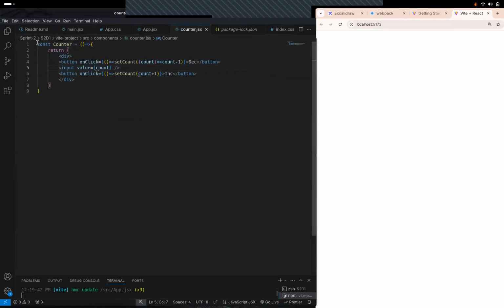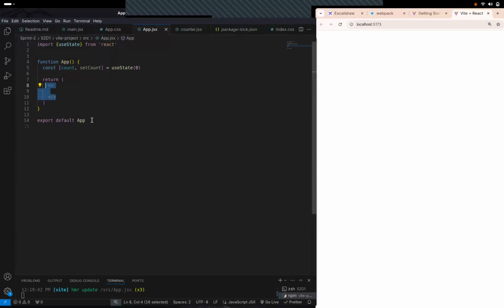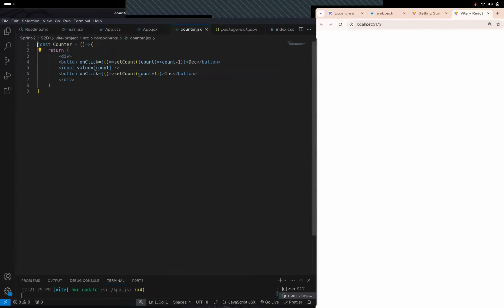The two types of export were there, right? One type is already happening in app.jsx, export default app, right? Default export. Now, if you're using default export, you can just export one function. Doing named export, you can do multiple. So let's try named export over here, shall we? So let's just write export, right? So this will export this counter.